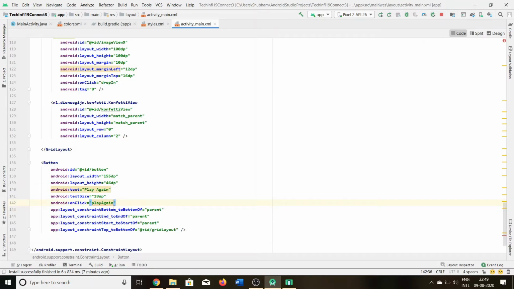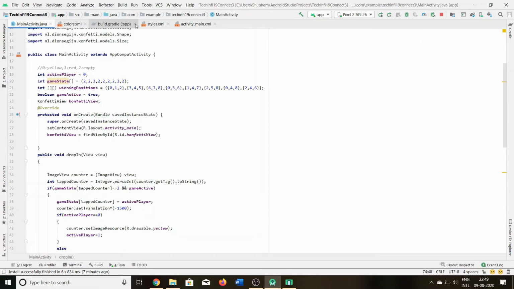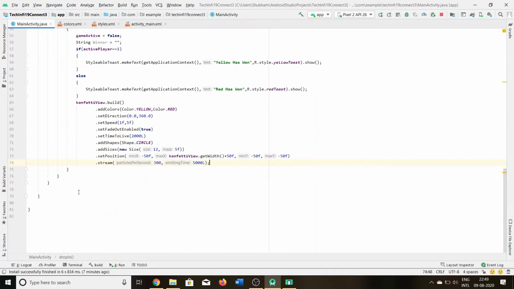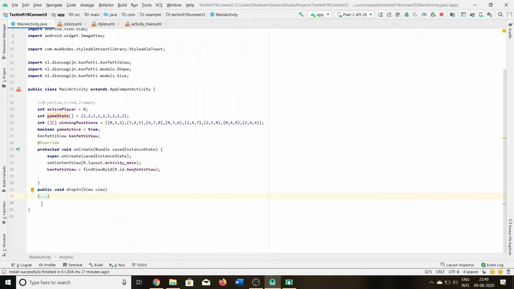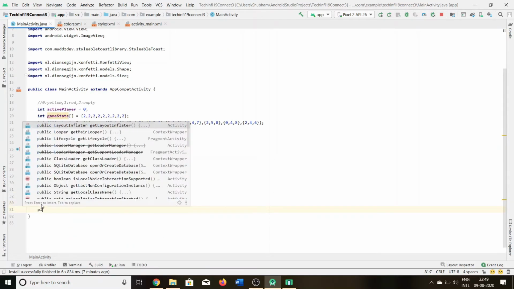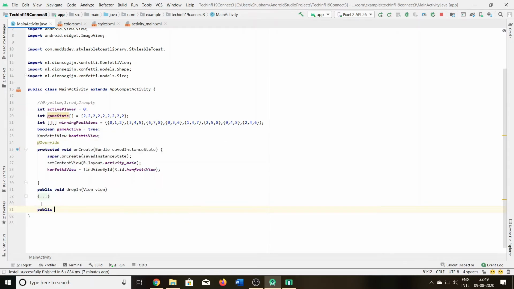It is right now showing an error because the play again function is not present over there, but now we will just develop that function. So for that, we will close the drop in function, and here I will just create another function, public void play again,